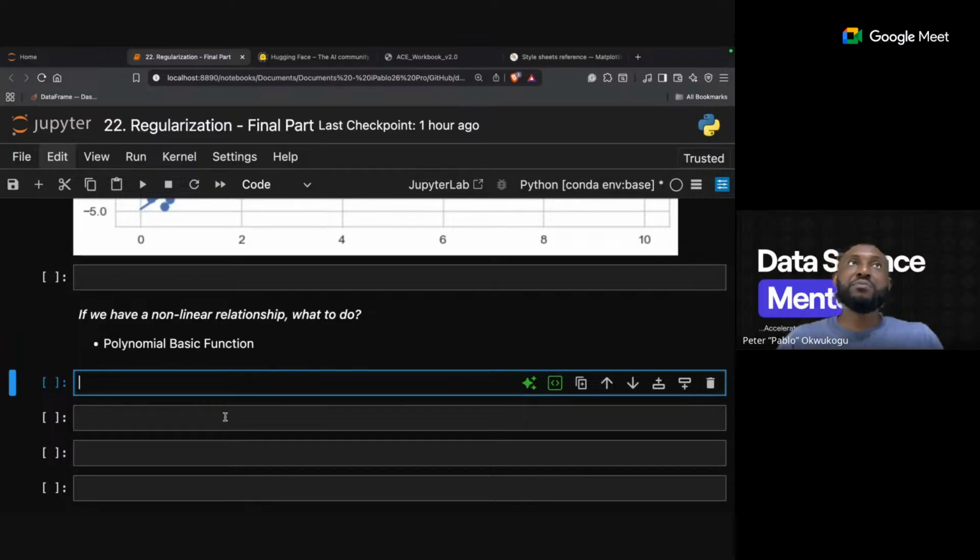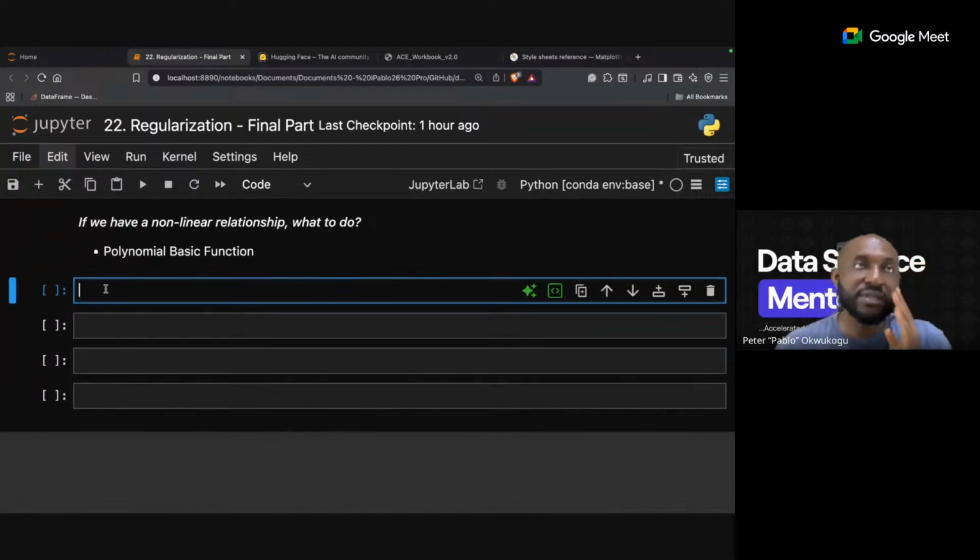And when we fit it with a polynomial function, the model will search for weird things that exist, like curves. They'll search for curves, right? So in essence, we just want to fit a complicated model.